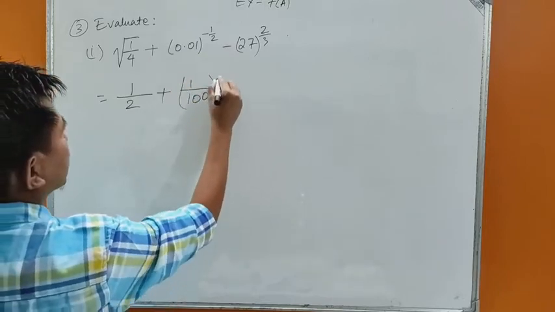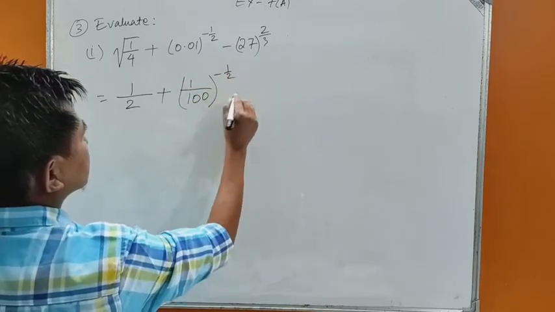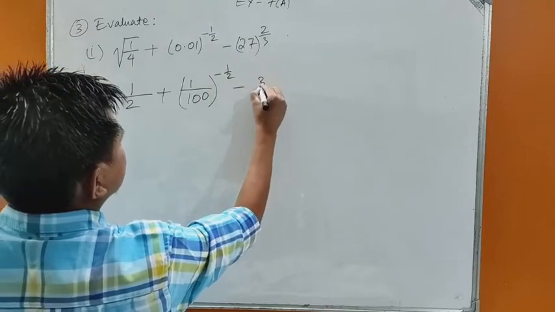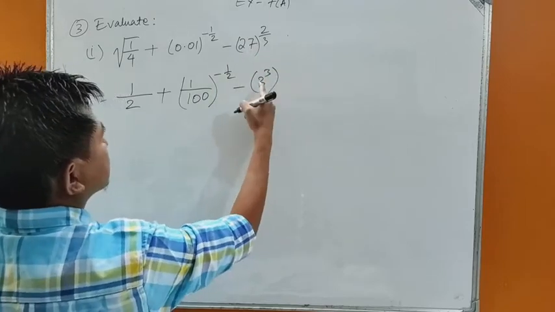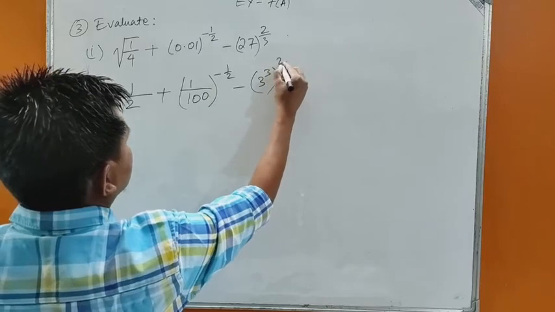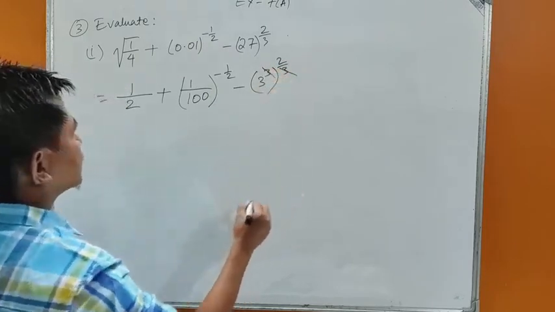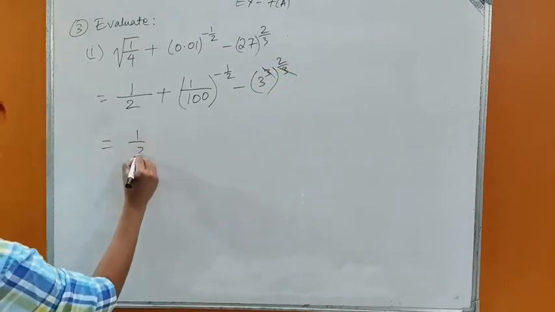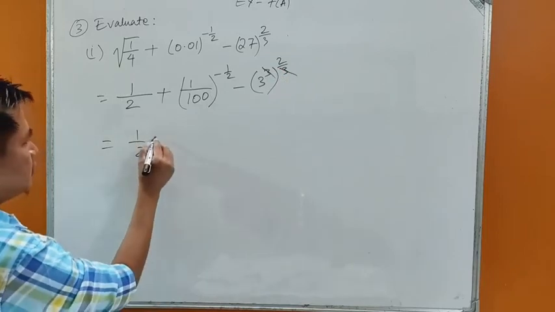Now the power is minus 1 by 2, isn't it? Minus 27 means 3 cube. 3 cube means 27, isn't it? 3 3 is 9, 9 3 is 27. Upon 2 upon 3, this 3 and 3 cancels. So this is 1 upon 2. Okay, now plus